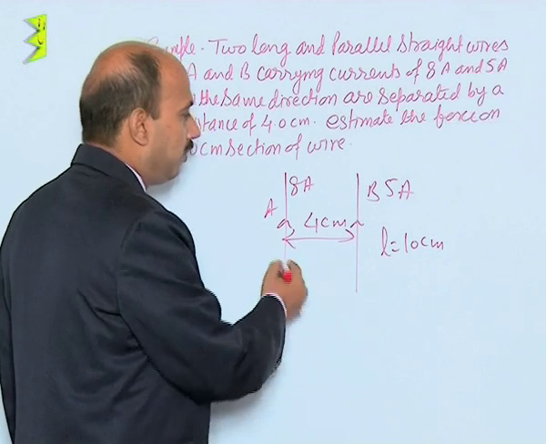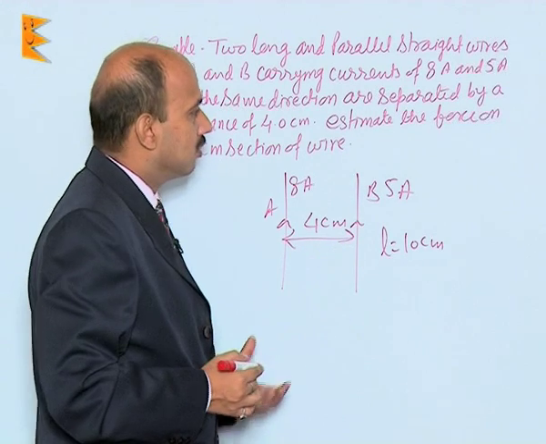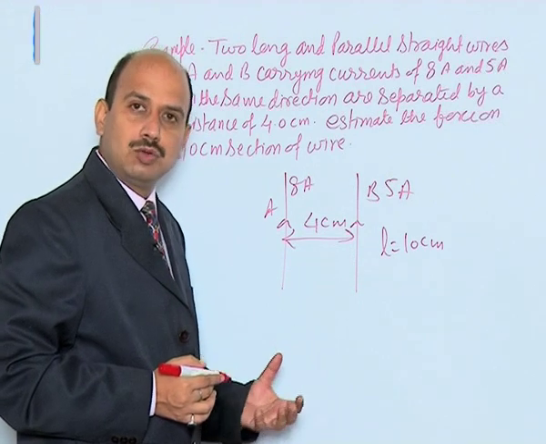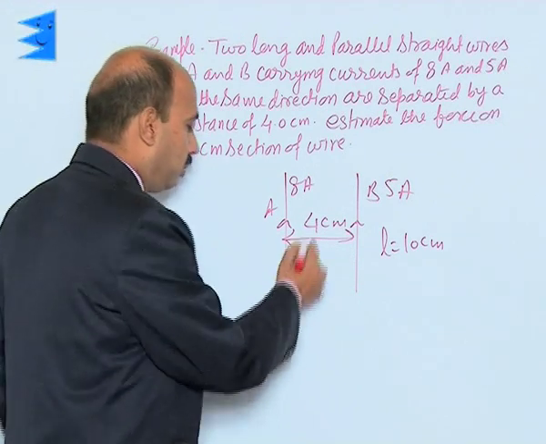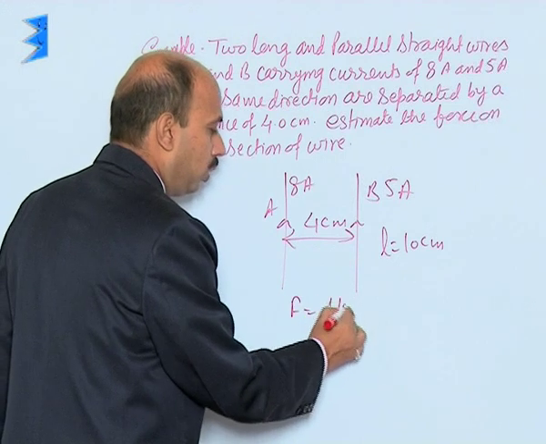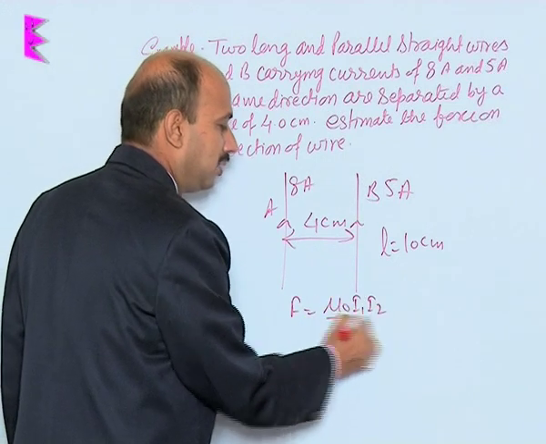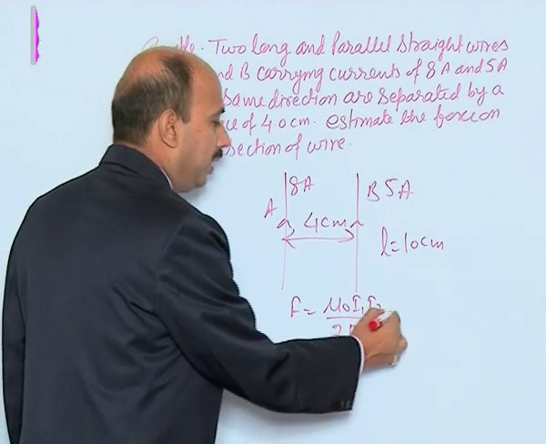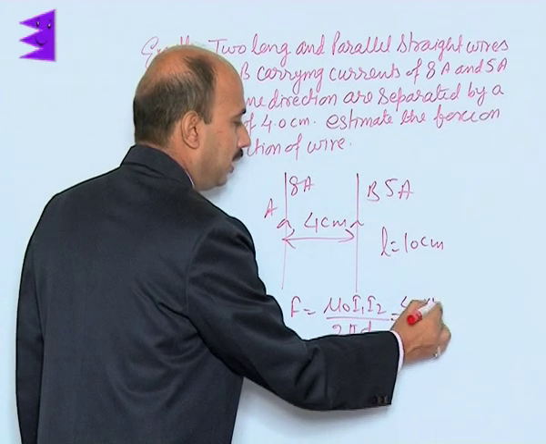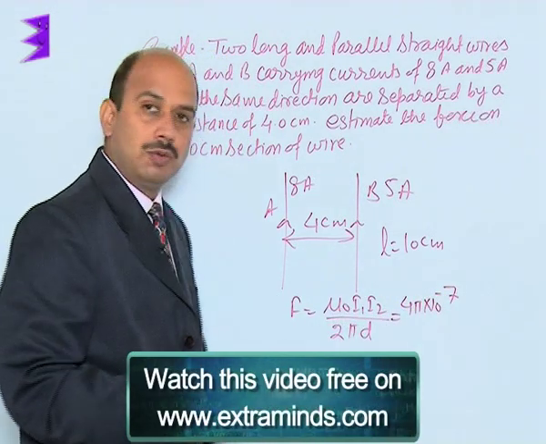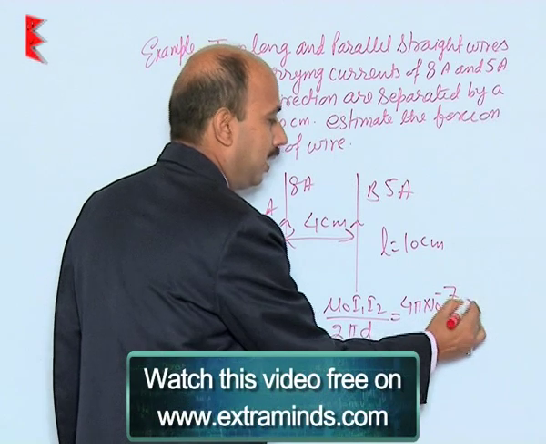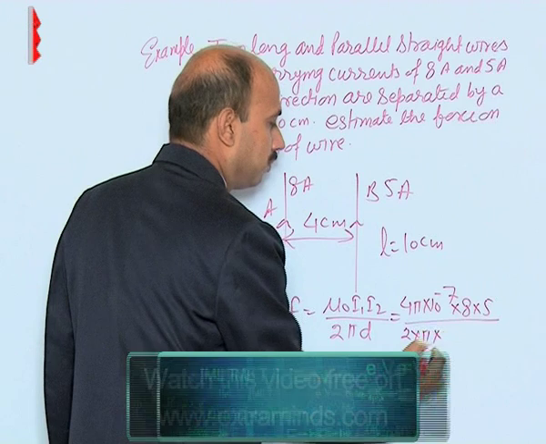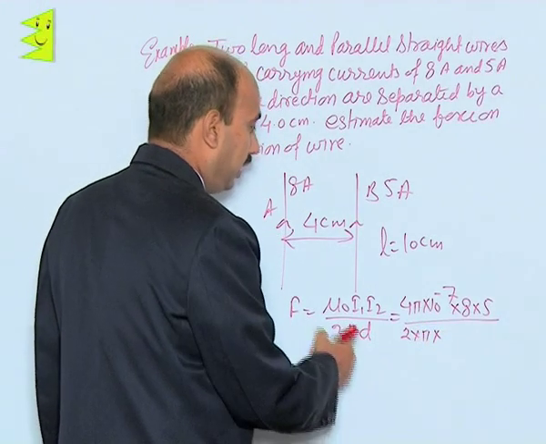So now we have to calculate the force acting on these two wires. Now see here, the current is going in the same direction, so these wires will be attracting towards each other. So the formula for the force is equal to mu naught I1 I2, that is IA IB, upon 2 pi d. So we can write 4 pi into 10 raised to power minus 7, that is the value of mu naught. I1 I2 we can write 8 into 5, divided by 2 into pi into,